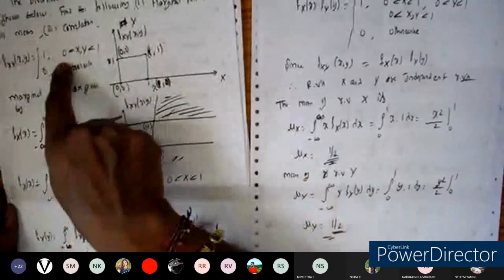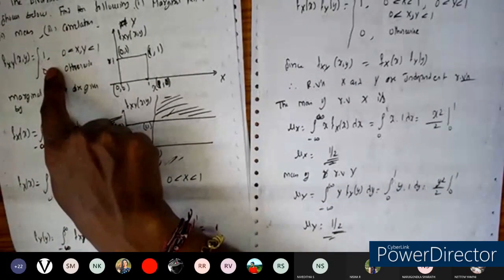It has been taken, that it has been given in terms of the value 1. So which will be equal to the